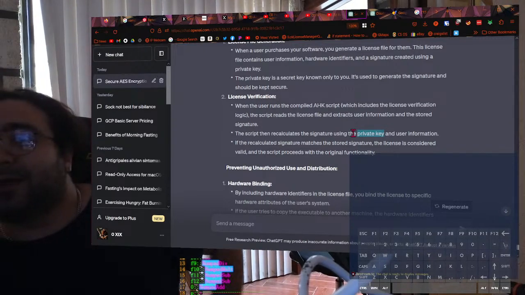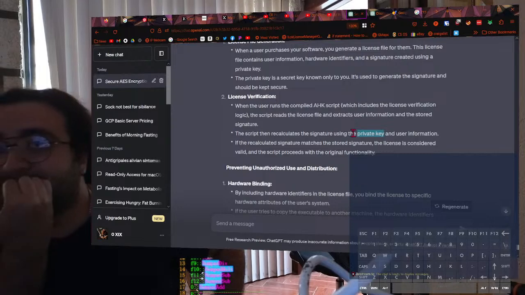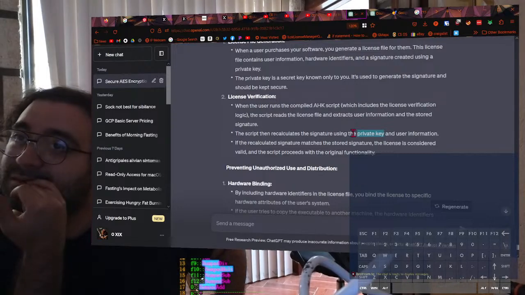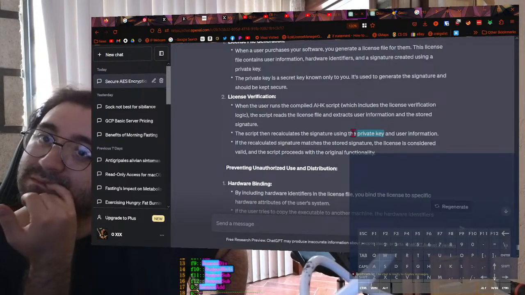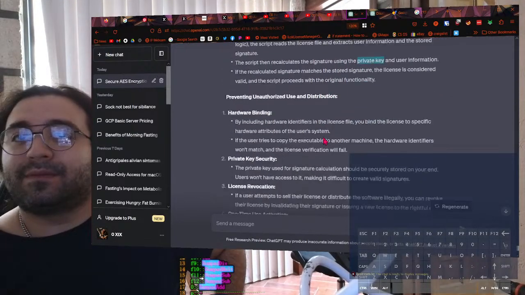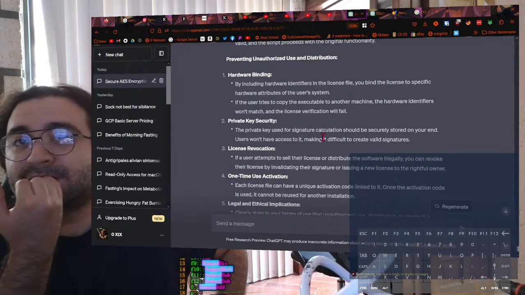The user runs the compiled executable, hardware binding,